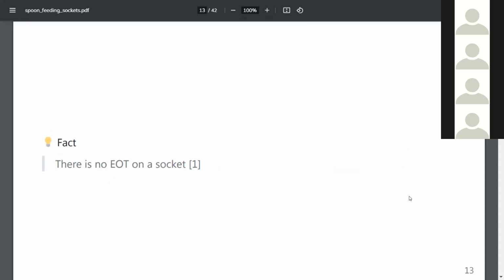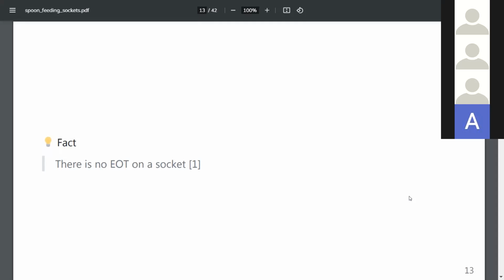And also, there is no end of transmission character on a socket. If you're sending some data, you really have to decide how someone should know that something has finished. Has your message already been sent?